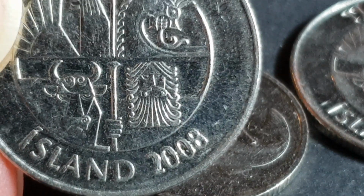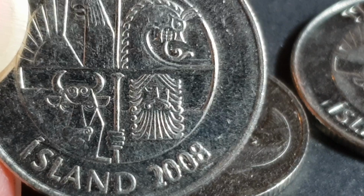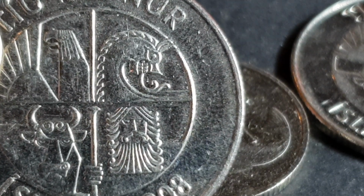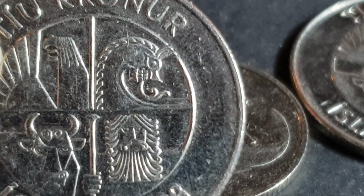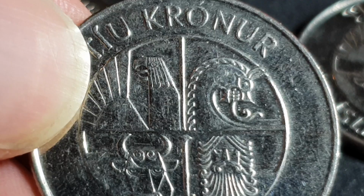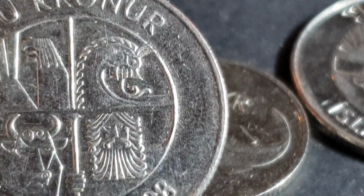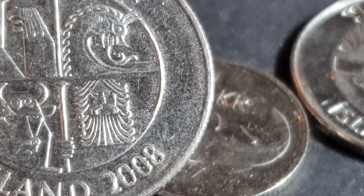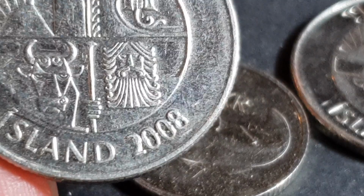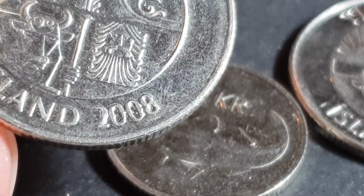And on this side it has the 4 traditional protective spirits. It has a bull, which is Griðungur, an eagle, which is Gammur, a dragon, which is Dreki, and a giant, so just a giant person, which is Bergrisi. And the problem with this coin is that the date, as you can see, the 2 looks like it is stamped on the 1,